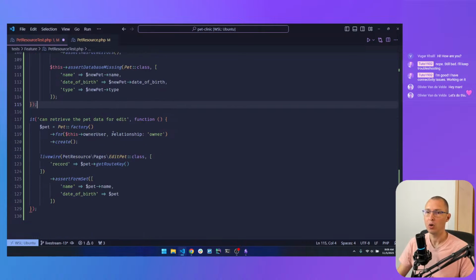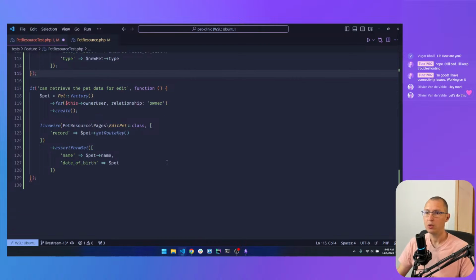And now I'm working on retrieving the pet data and making sure that the component's form is filled out with the pet data appropriately. So right now I just created a new pet in the database with create. Then I'm mounting.